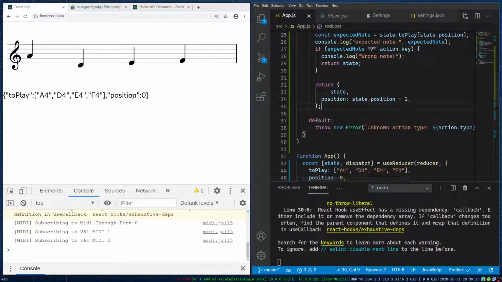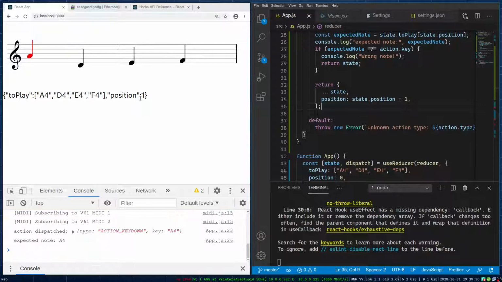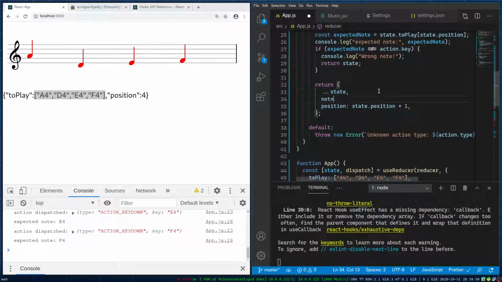Yes, so now, I'm gonna play A, the position is 1. D, E, okay. And then if I play F, the position is 4, which is equal to the length of this array. So we know that this is the boundary condition. So we want to replace notes, but only when the state position,